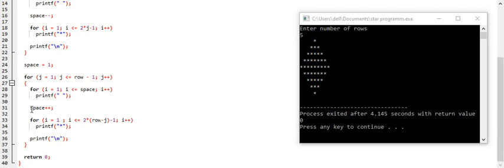Again I have used another for loop in which I have given initial value 1 to i, and I have used the condition that i is less than or equal to 2 multiplied by row minus j, and after that I have again used minus 1.